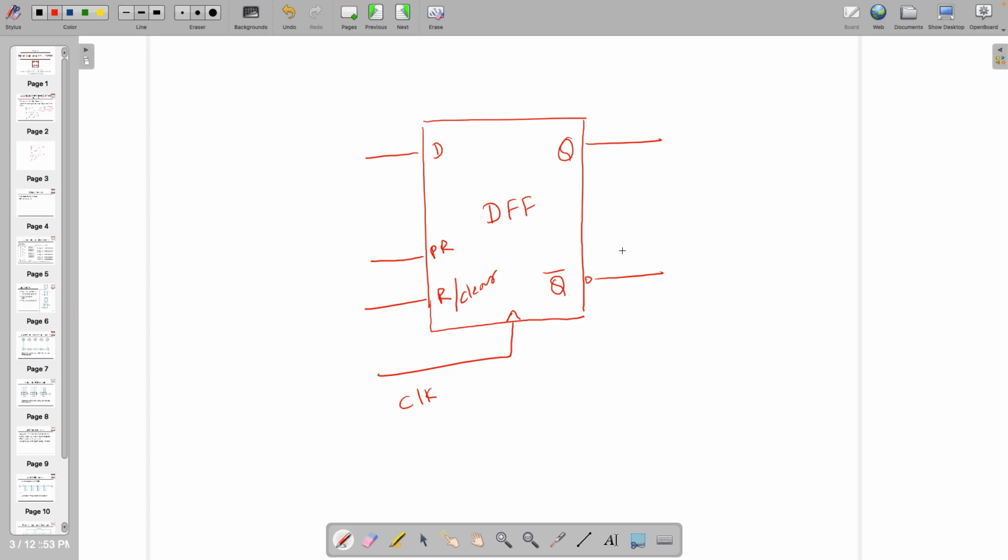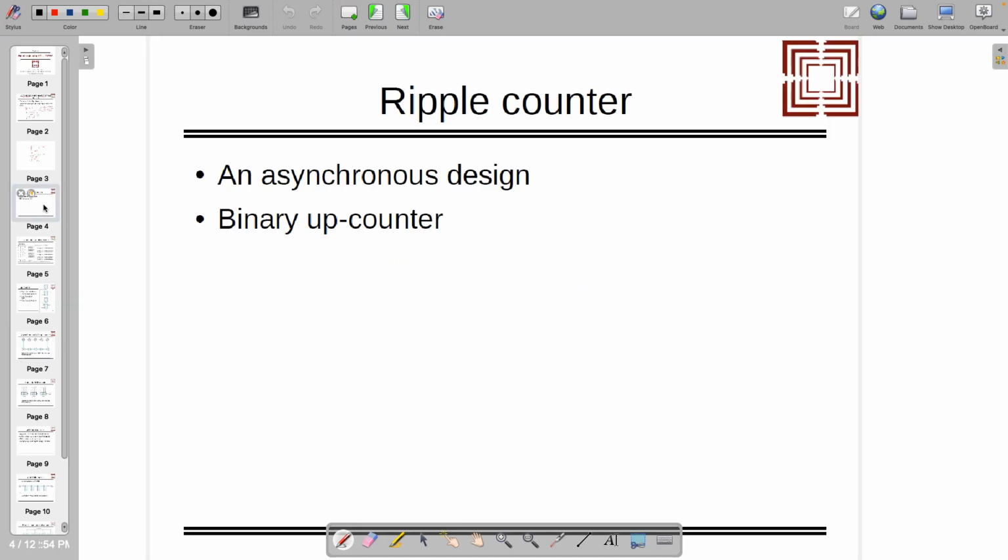Different simulators will have different names. In my simulation, something was written FD, and that was a D flip-flop. With clear it was written FDC. Those are the notations from different simulators, so you do not need to worry about it. However, this is the general one, a D flip-flop with all the pins written like this, right? The clock is drawn like this only. This is positive edge triggered. If it is negative edge triggered, it is like this, right? Okay.